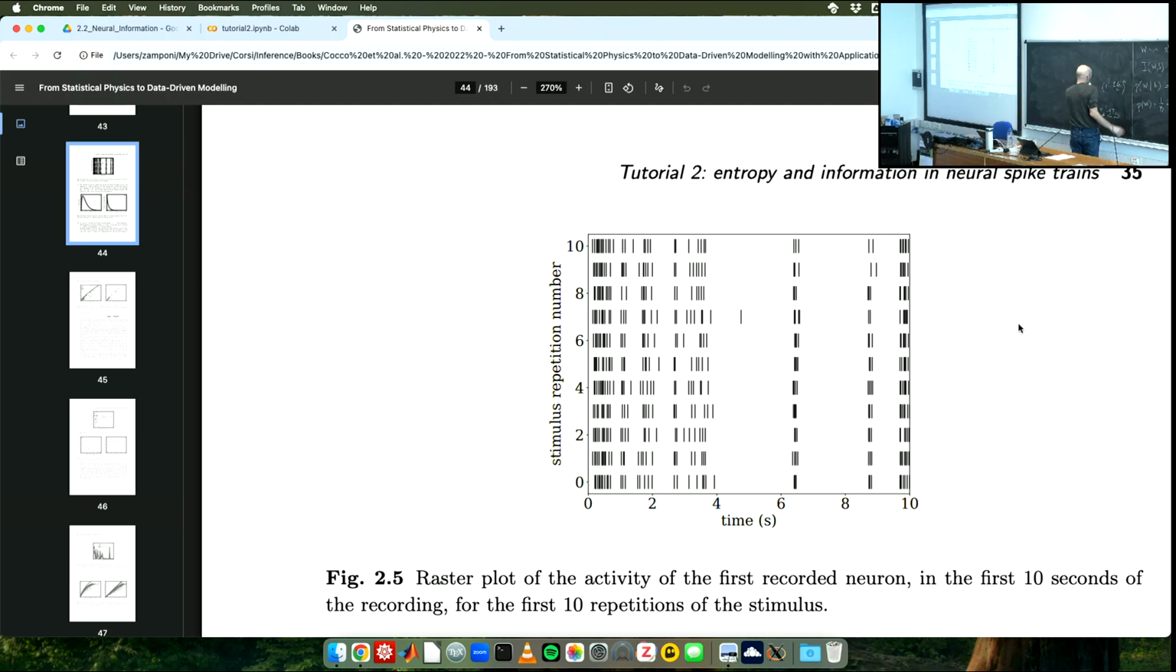Now, we will come back to similar data later, and we will see also how neurons are correlated and so on and so forth. But this was just to give an idea of what you can do with this kind of data. Okay, so now we can go back to the inference problem, and